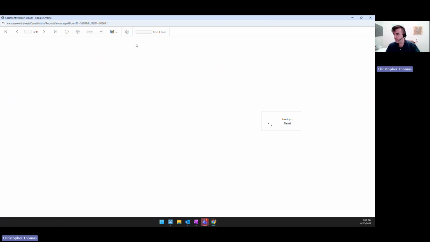Now a new window appears and the report will load. It can take anywhere from 5 to 10 seconds to 30 seconds or more, depending upon how long a period you've run it for and how many programs you've run it for. Something I meant to say earlier when we were setting those report parameters, I'm just going to minimize this window really quick,